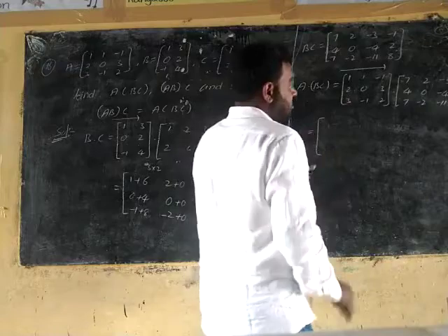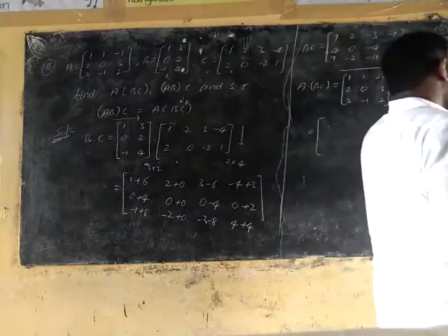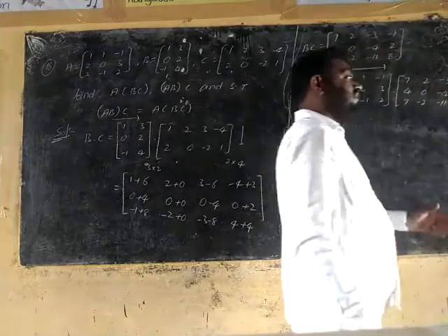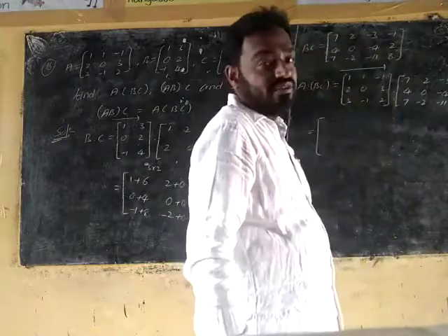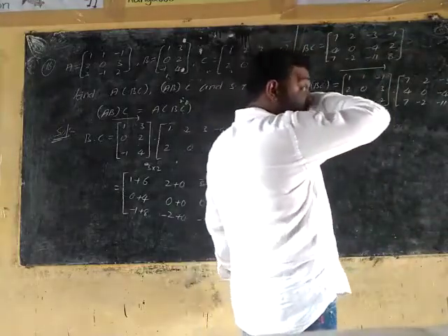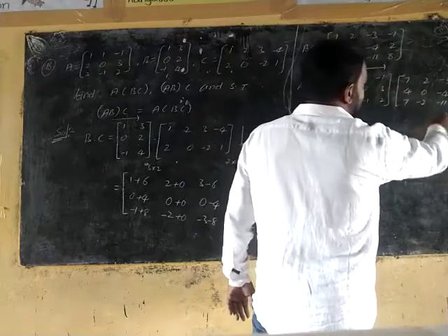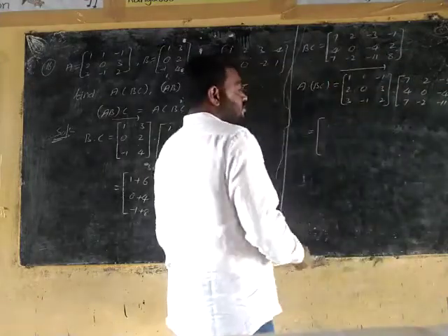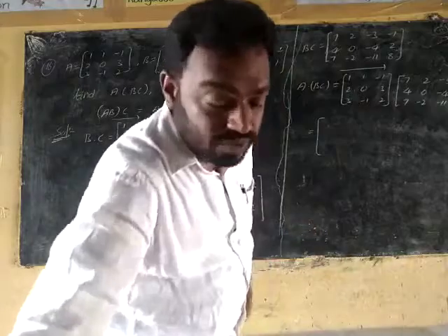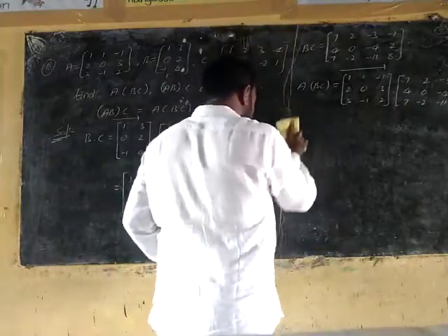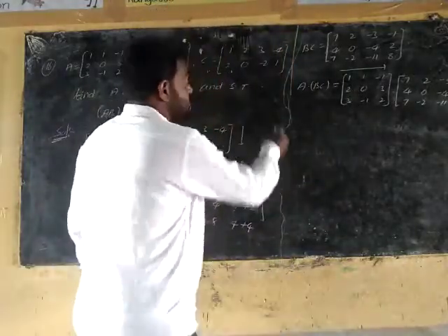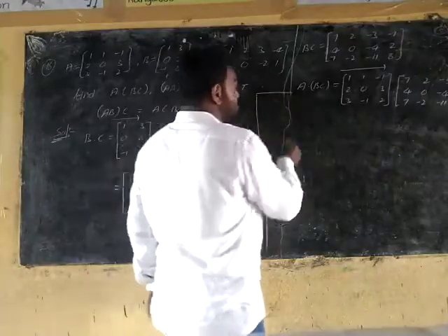First matrix order 3 cross 3. This one order 3 cross 4. So the result matrix is order 3 cross 4 only. So how are we multiplying? Rows into columns. Take the first row and multiply it with all the columns. Those results you write in the first row only. Okay, now this is equal to